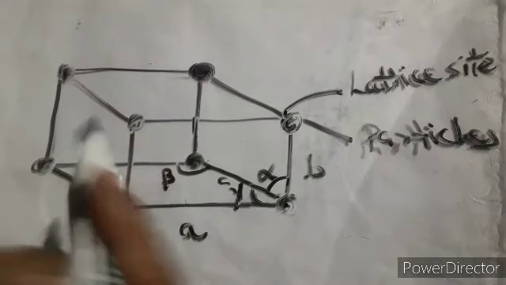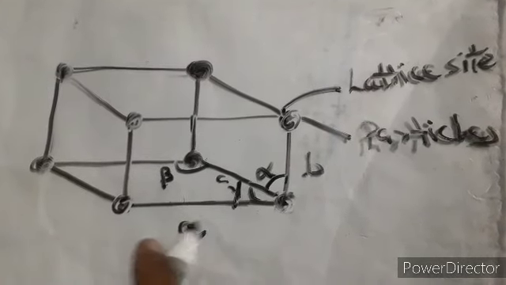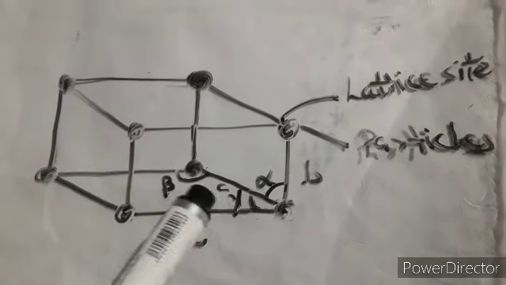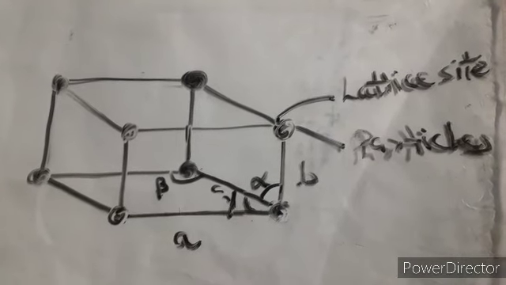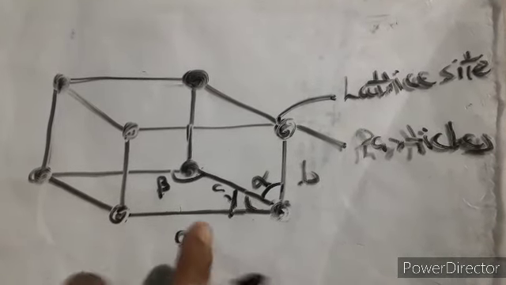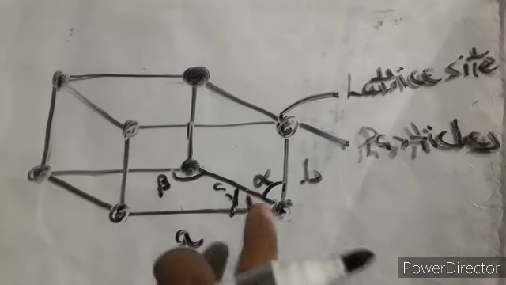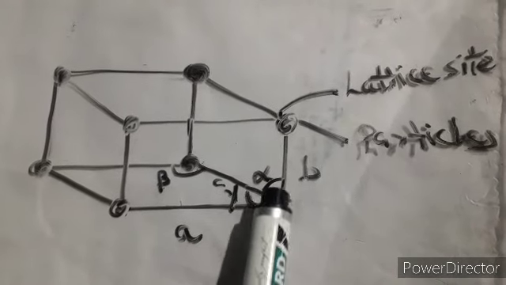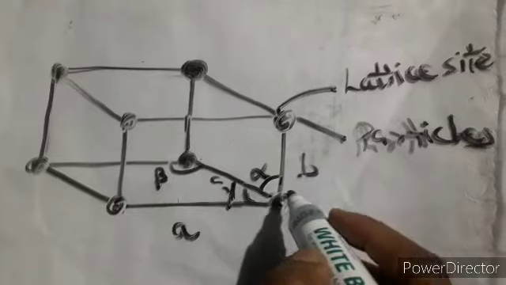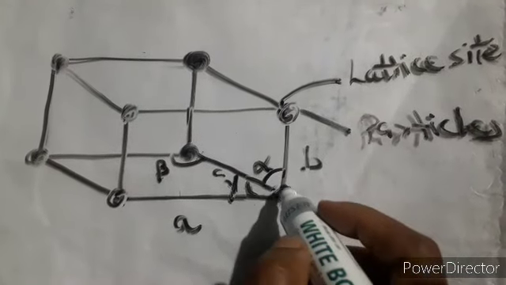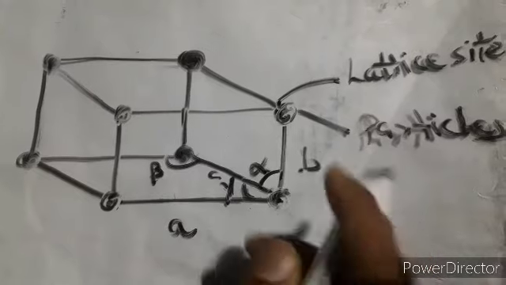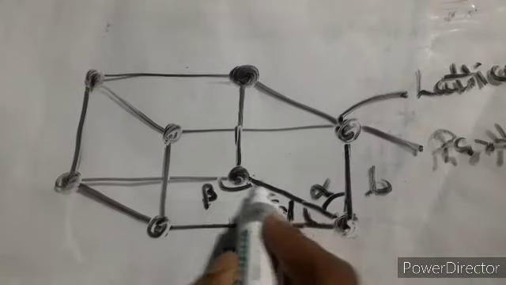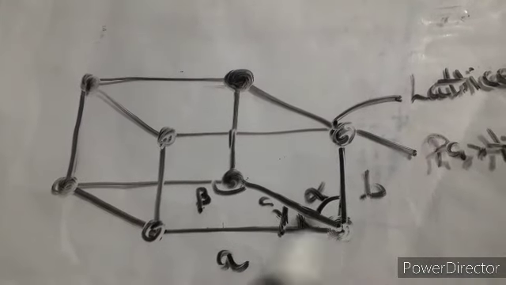You can use another way also, but every time you have to change. Now these edges may be the same or they may not be the same, because I have made a very different diagram. This is a cuboid, you can use a cube also, where these edges will be the same. So my edges are not the same, they are different because it is a cuboid. When these edges are there, they also have certain angles. If you see this portion, between the edges B and C you have an alpha angle. So this portion is your alpha, right?